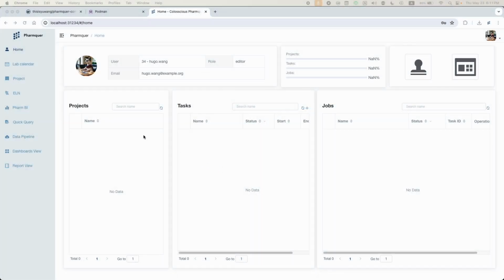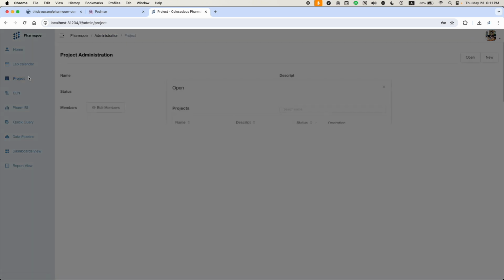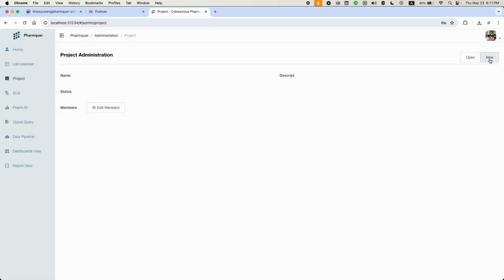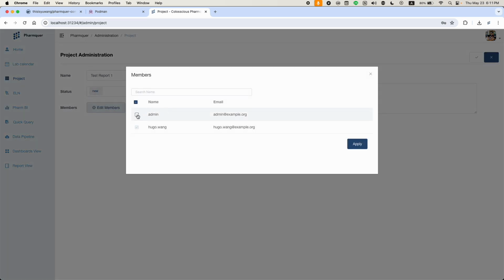First, navigate to the Project page, and then we click New to create a new project. Then we can edit the project name. And then we select the participants for this project.